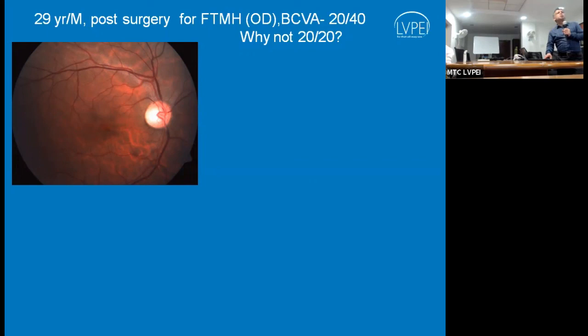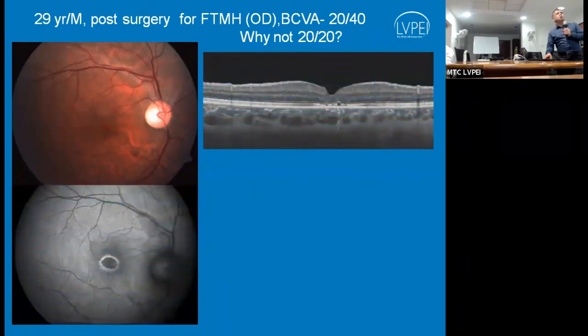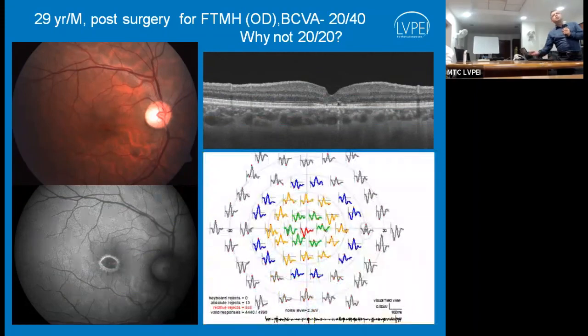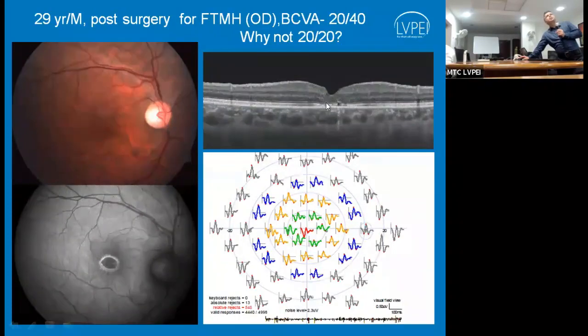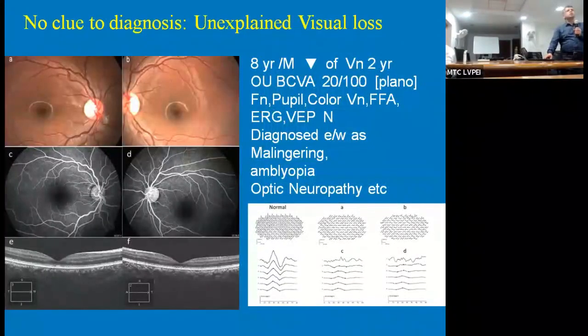Sometimes, suppose a surgery has been done, like post-macular hole surgery, you see that anatomically good, but macular vision is not on par, it is 20/40 only. So when we did multifocal ERG, we can see that the foveal peak is stunted. This can explain why the vision is not 20/20, and sometimes can be useful in research.